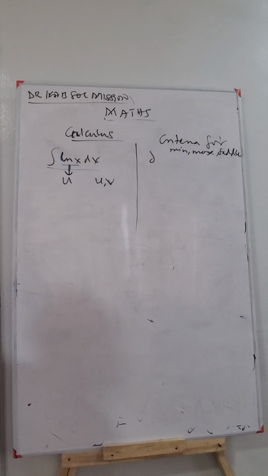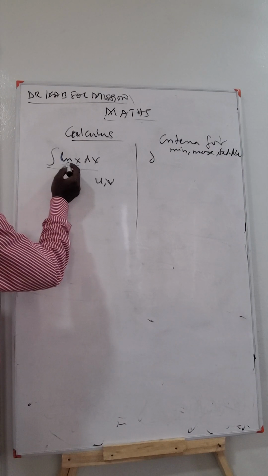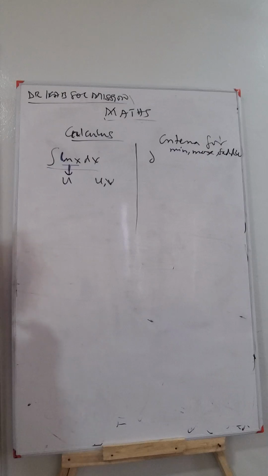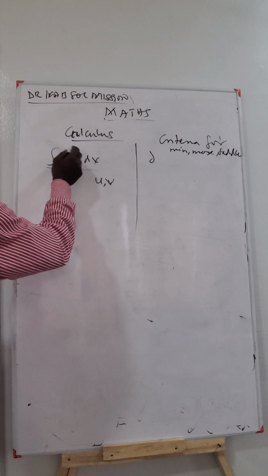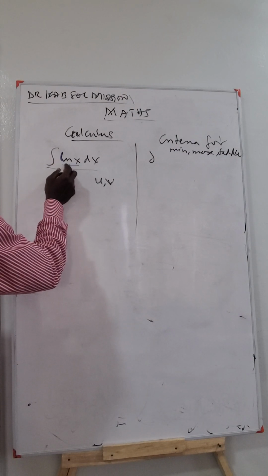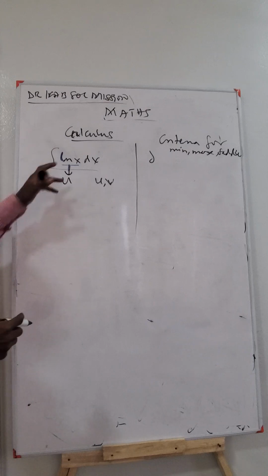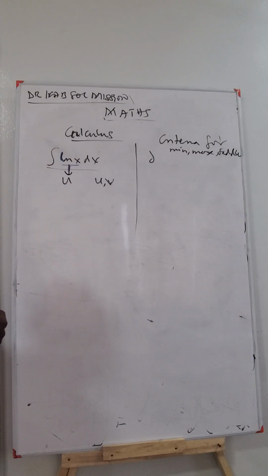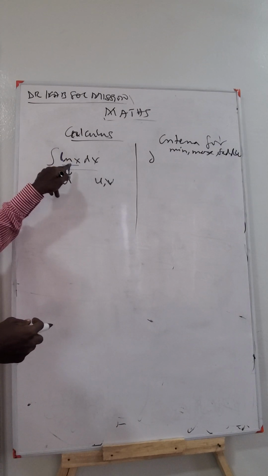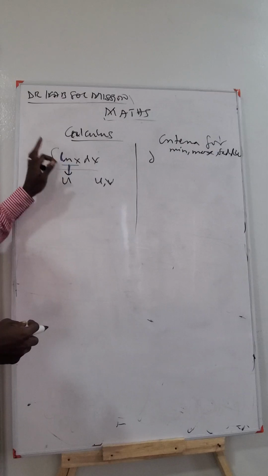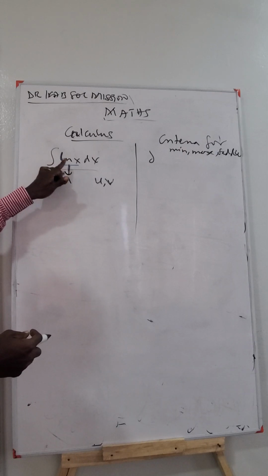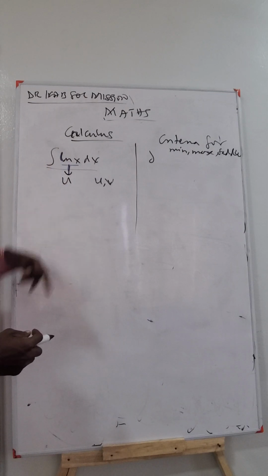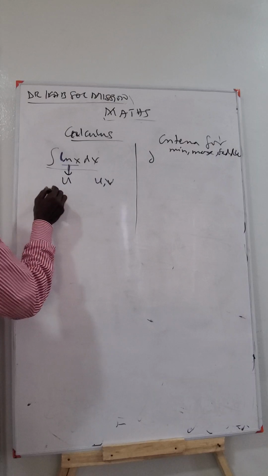All right, so we have ln x dx here. You realize that this is complex. Usually, when we are integrating, we don't usually find the natural log of x, so we can assume this is a complex term. Once it's a complex term, we can let u represent that. So if we let u represent that, then we're going to have